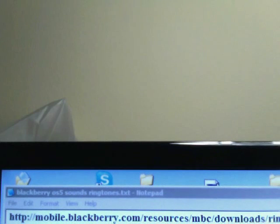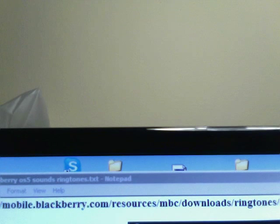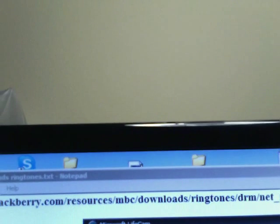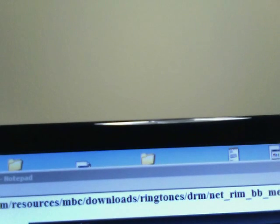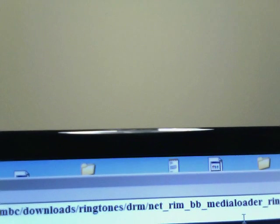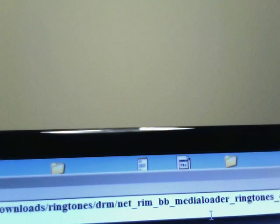Blackberry.com/resources/MBC/downloads/ringtones/DRM/NET_RIM_DB_medialoader